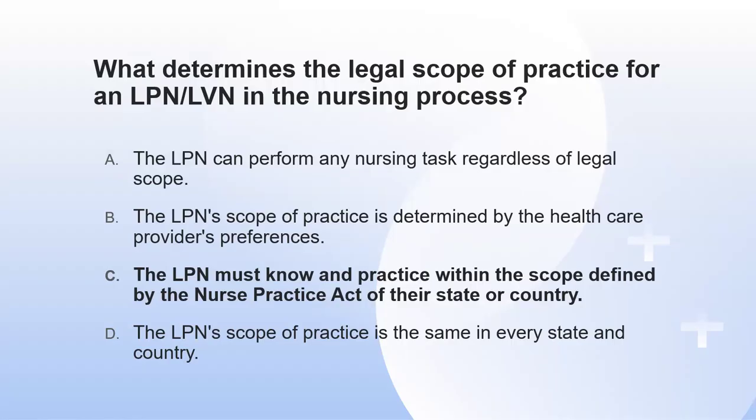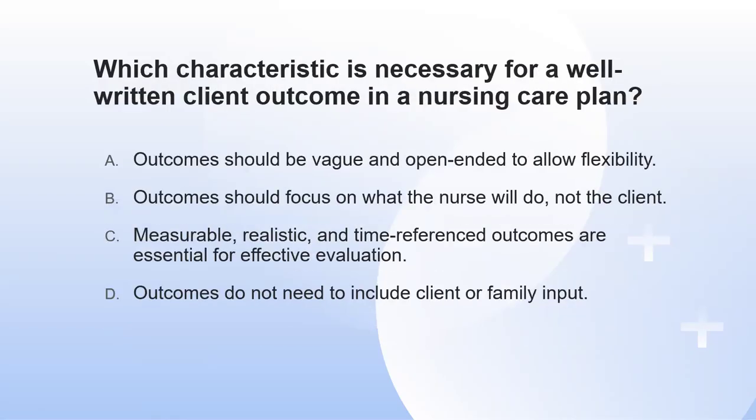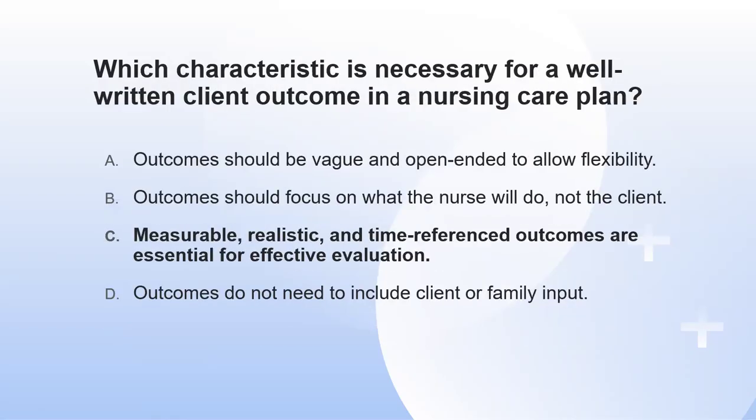Okay. And so we already talked about the Nurse Practice Act, determining our legal, lawful scope of practice. These are the things that we can lawfully actually do. So when the actual care plan is being devised, we want to make sure that things are measurable, realistic, and time referenced. I know you all may have those care plan books, and when you look at the intervention parts, they are divided up by age, and most of them are setting specific. I forget the name of the authors of the book that we use, but make sure that the intervention is something that we can actually do in that setting.